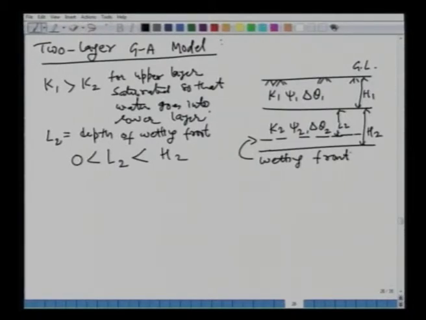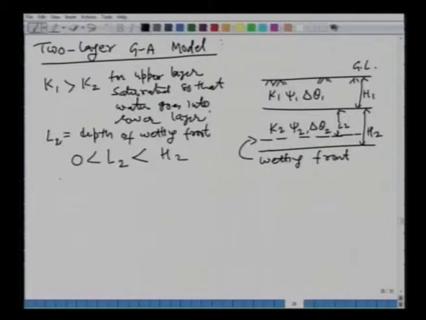Now, with this schematic, we can write down the continuity equation, momentum equation, and combine both of them. We can carry out a very similar analysis to the one we did for the single layer. We are not going to do that. We will write the final resulting equation directly. So, what we will say is that using a similar analysis or method which we had described for a single layer, it can be shown